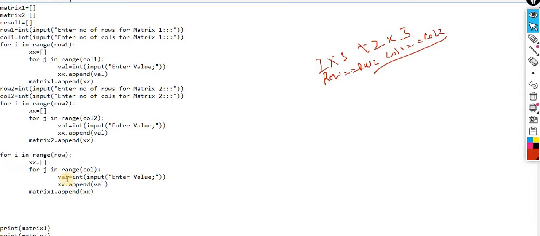Rather than printing the value over here, I am taking a 0 value and appending it. So here my result matrix is also ready. This one is the result matrix, and I am printing.